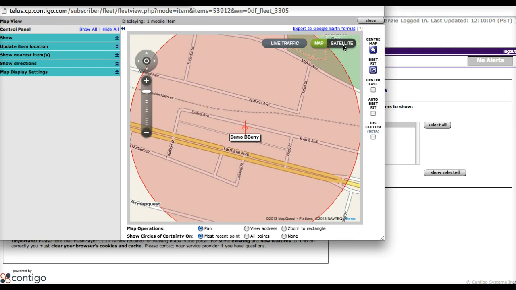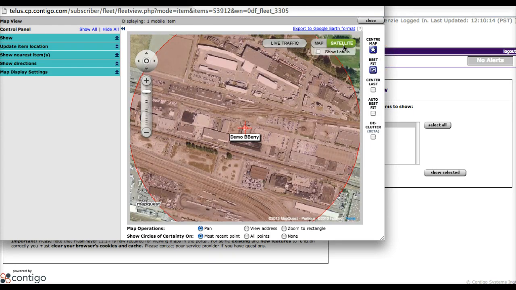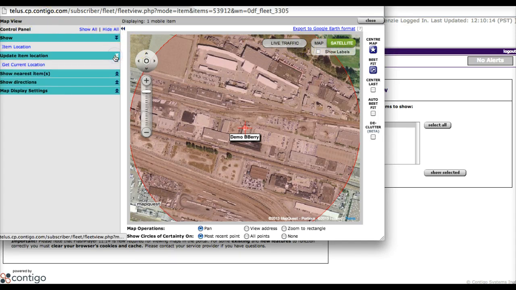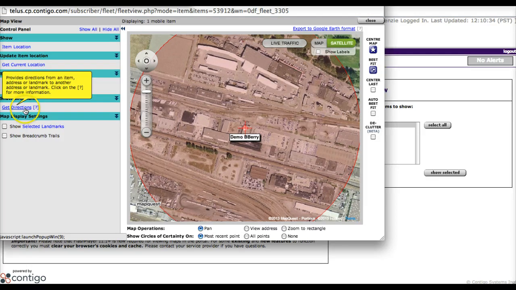You're able to change the map from map view to satellite if you chose to, so it looks a little bit more like buildings. And you can add in live traffic. You do have a few little things here on the control panel, so you're also able to get the current location. So if you've had the map open for a while, you can take a look to update the location by clicking current location. You can show nearest item to certain addresses or landmarks, get directions, and you can also